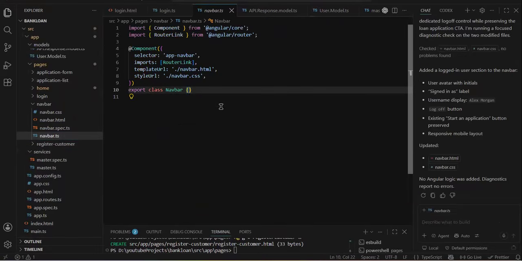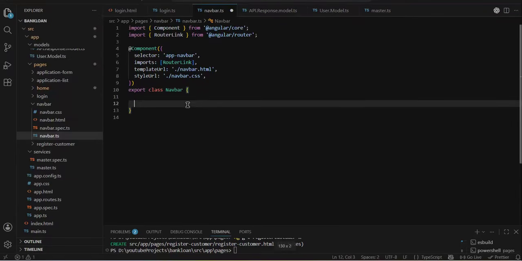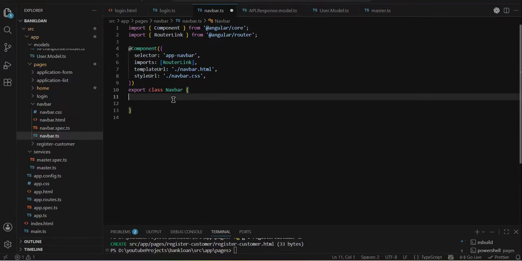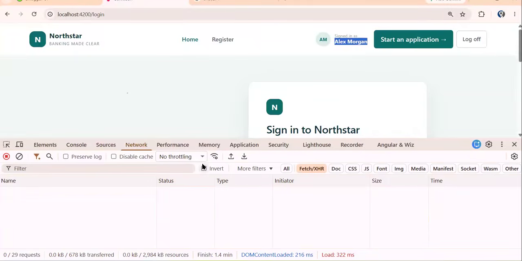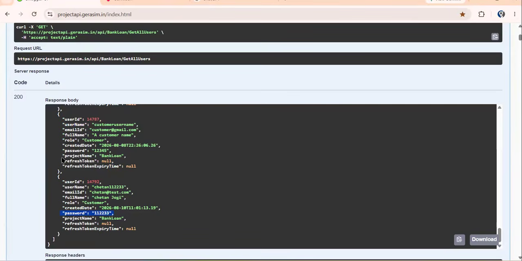So here we have to use the subject. I will show you. First, we will show the problem, then I will show you the use case of subject. So logged user data. Now, what kind of data do you get from the login API? So that object you need to create. So this is the whole object you get. So I need to create an interface for this. So I can use